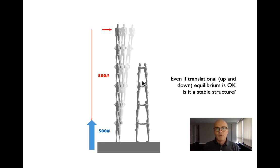Instead, we would want to spread our feet out, maybe not just as far as our own feet, but maybe we redesign the structure so that we can get a wider footprint down at the base. Now what happens is a force at the top can be met by a larger resisting moment at the base. There's a long lever arm here, but we also have a long lever arm at the base that gives us what we call a resisting moment, or if you want, a resisting leverage, a resisting torque